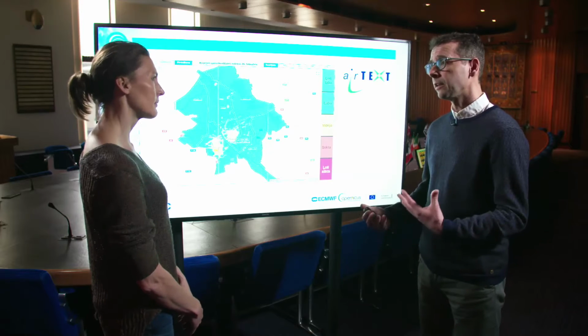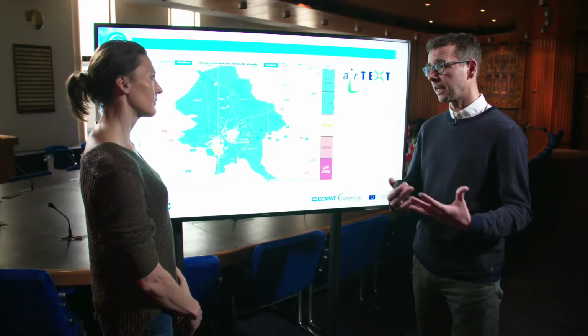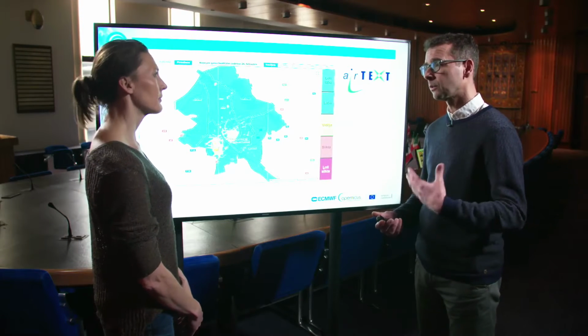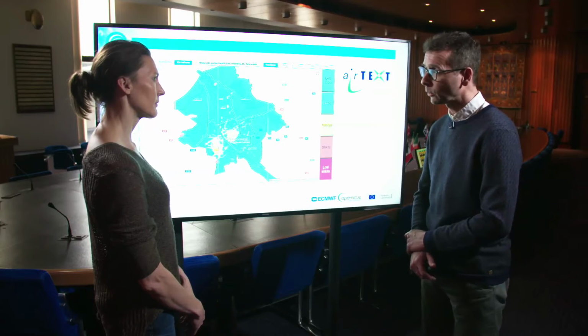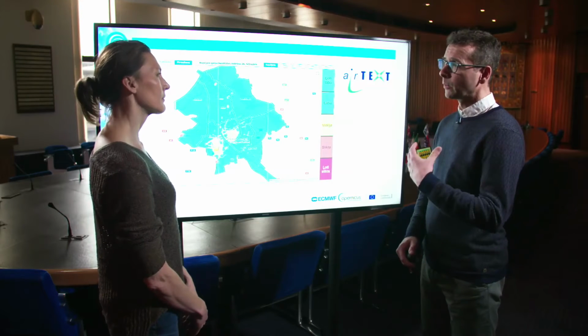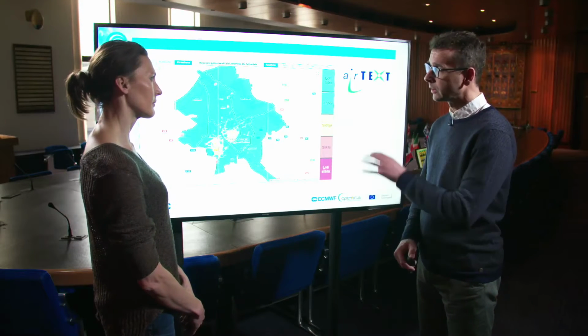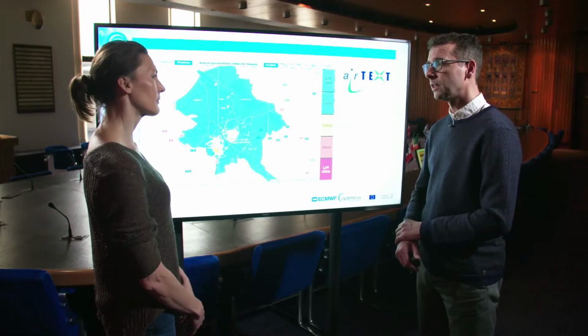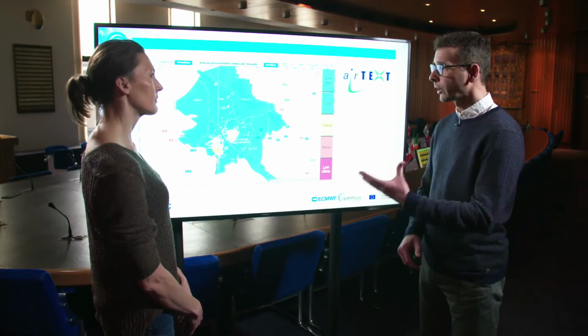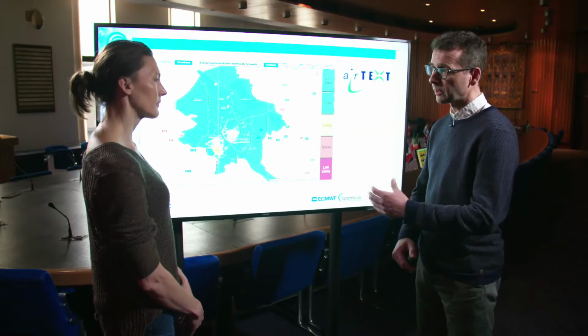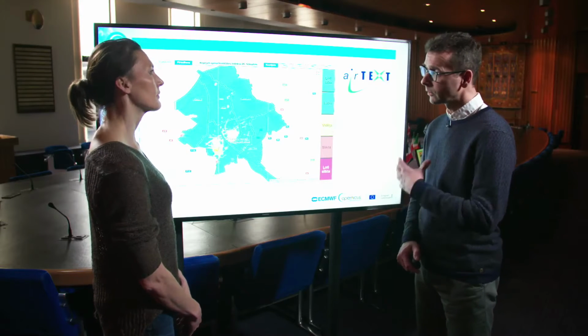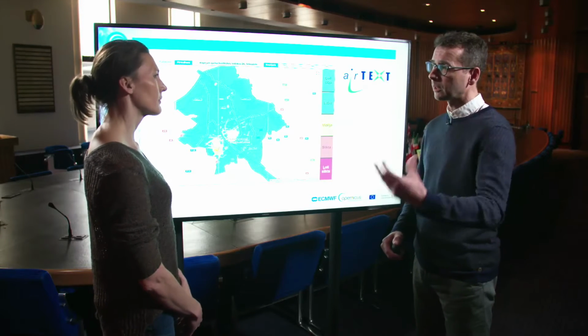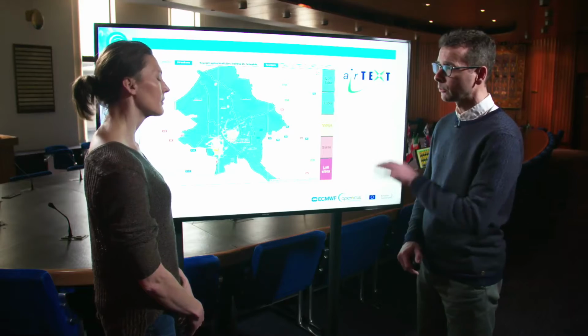So the idea here is to combine information they get from CAMS, so the European air quality forecast we provide every day, with their own modeling capabilities for the city specifically, with emissions they get for the city, very detailed, and working with the local city council to provide this service for the citizens in Riga. So it's a really nice application going from the large scale that we do within CAMS to a very local scale